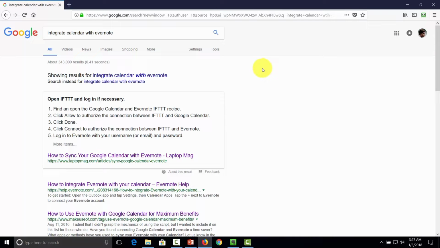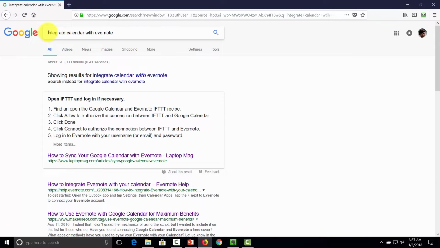Welcome back. Now in this video, we are going to integrate our calendar in our platform with Evernote. Now we're going to go through 3 popular calendar integrations: Google, iCal, and Outlook, which covers most, if not all, digital calendar users. Now, in order to integrate Google with Evernote, what you'll need to do is you'll need to